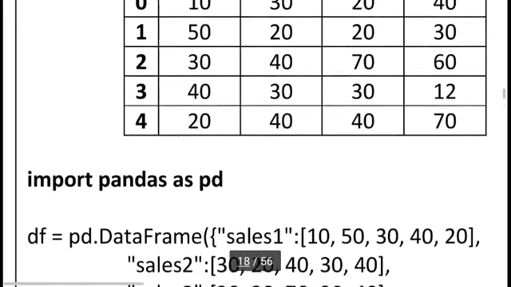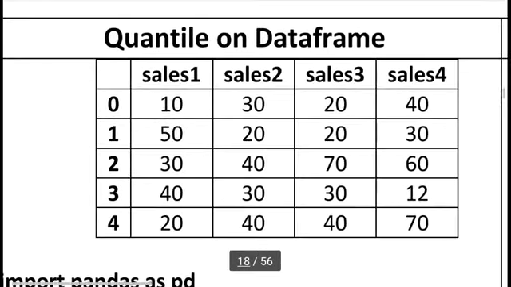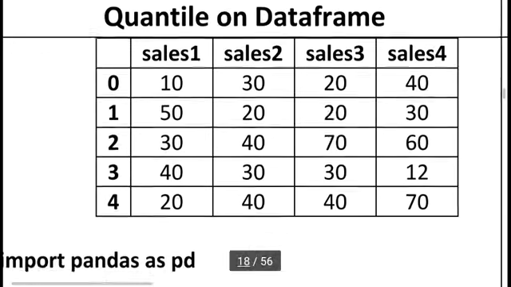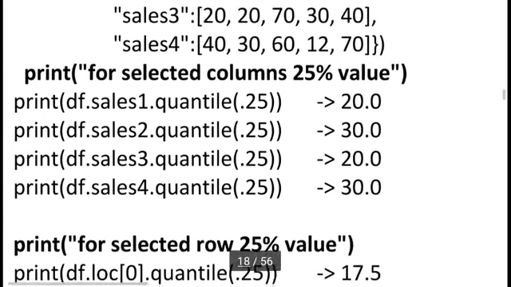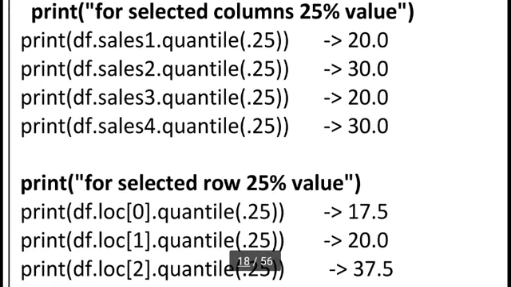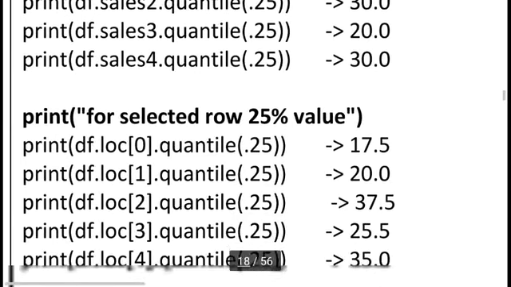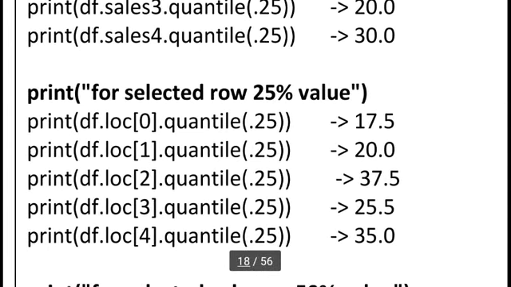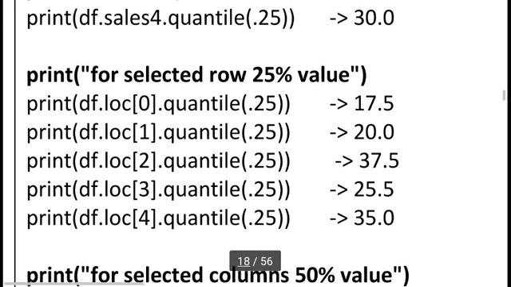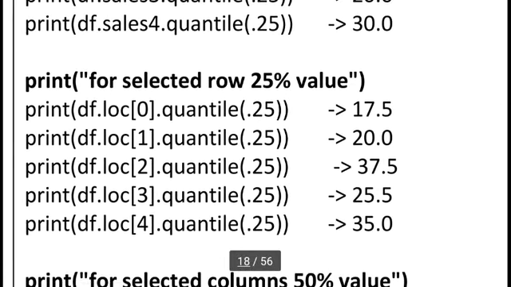You can see loc 0 means 10, 30, 20 and 40. So this is our first row. To access this first row I am using df.loc[0].quantile(.25), and the output is 17.5.